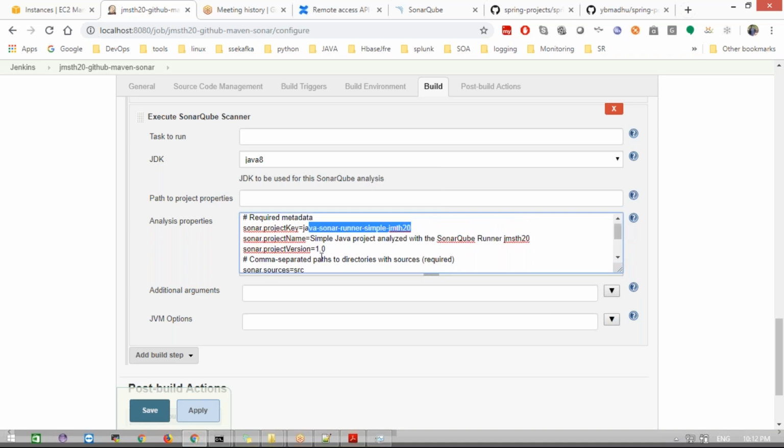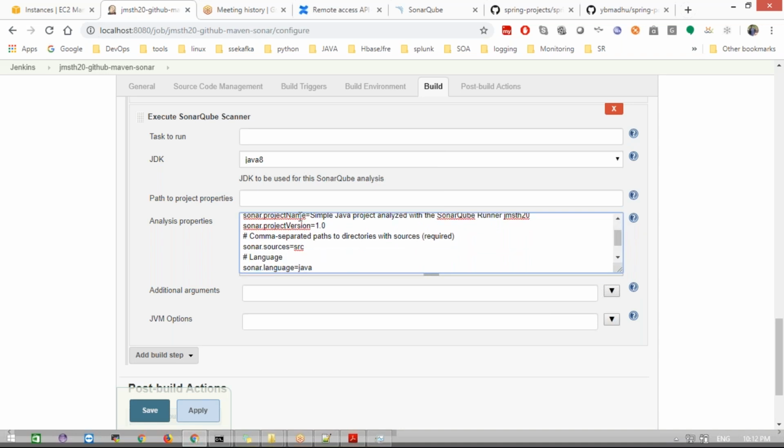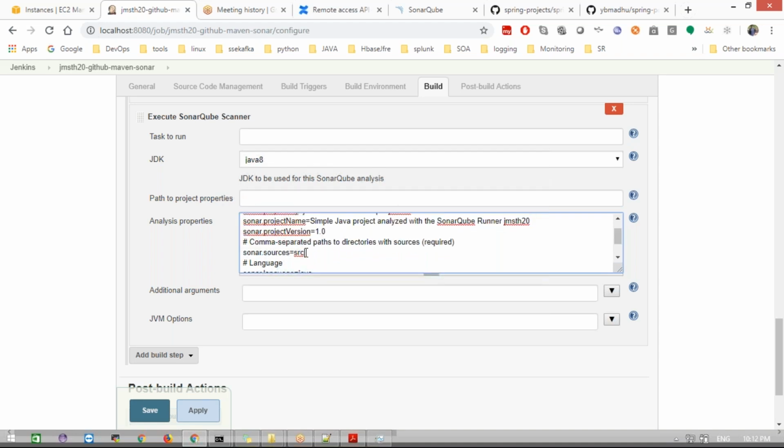Next, it will go for the particular project and which version we need to use. This is the Sonar project version. I'm saying it's one project, 1.0. If you want, you can do this based on that. And in Sonar, what code do I want to analyze, under which folder? I want to analyze the entire SRC folder. Or else if you want to analyze only a particular class, go to exactly Sonar main and the per class name. The particular module name and the particular class name. We want to analyze only the particular class. If you want to analyze the entire SRC folder, we need to go like this.